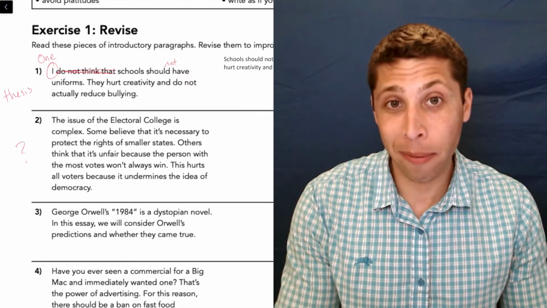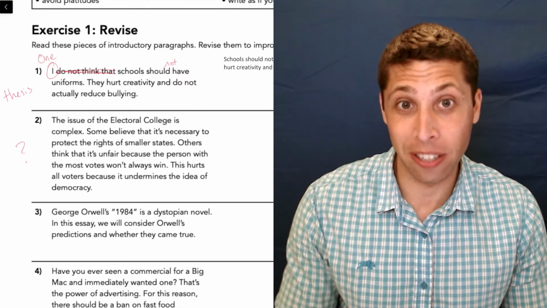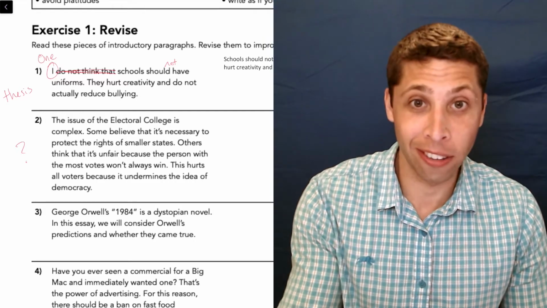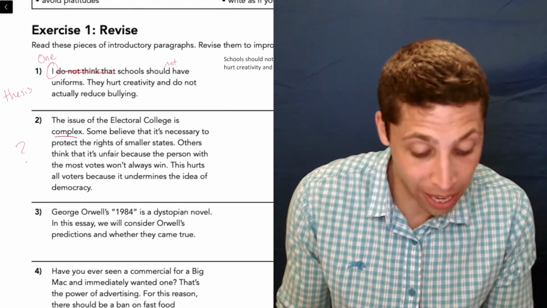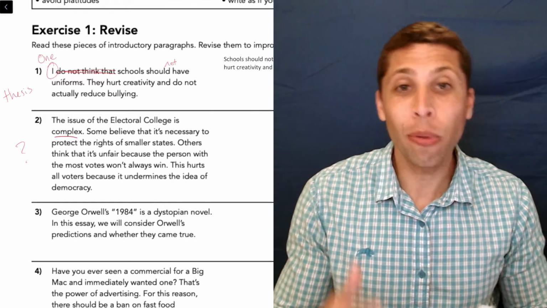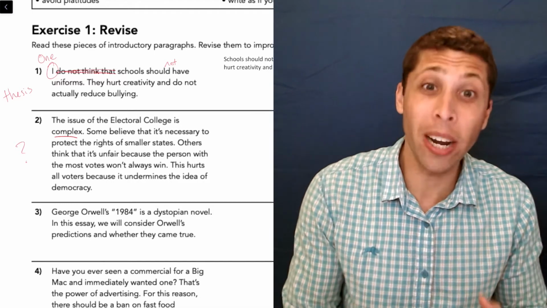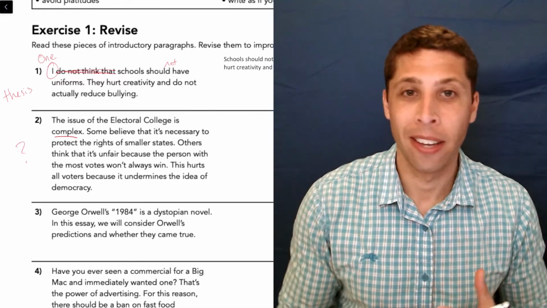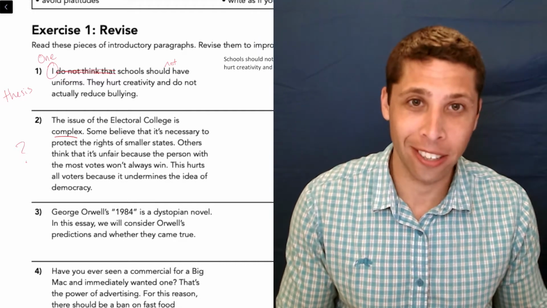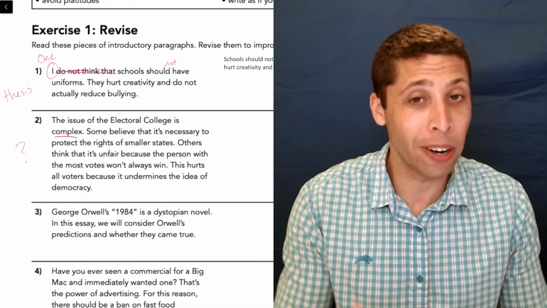And most of the time that you're going to see an essay like this, the task will be to take a position on the Electoral College. And so what is the position? That it's complex? That's not a position. So these kinds of phrases creep into people's writing because they're kind of afraid to take a position, or they feel like they need to both sides everything. No, that's not your task. Your task is usually to argue your side. So make your argument very clear.